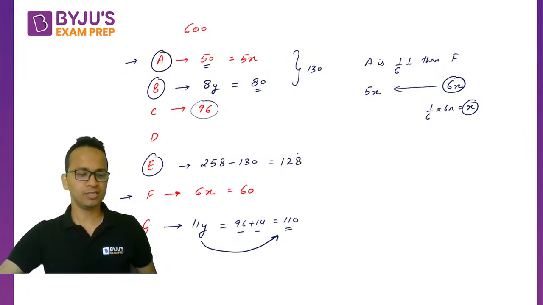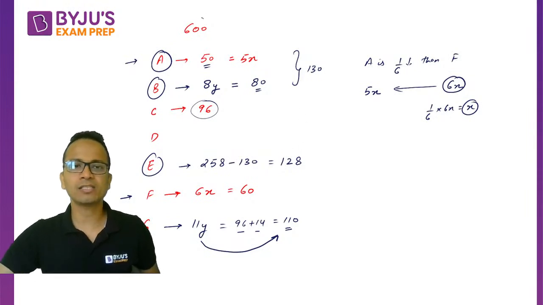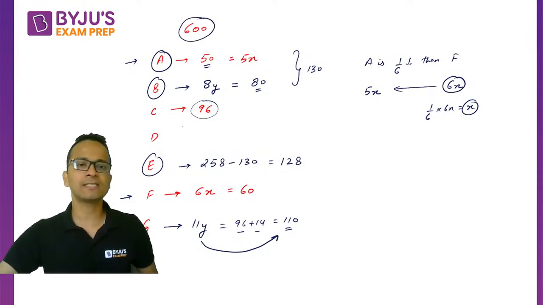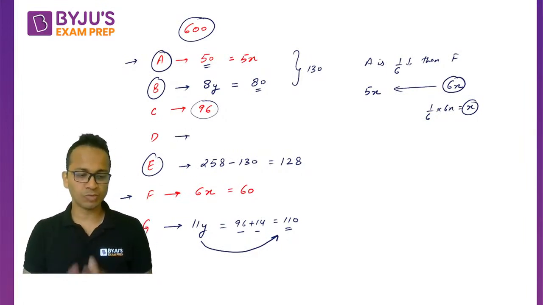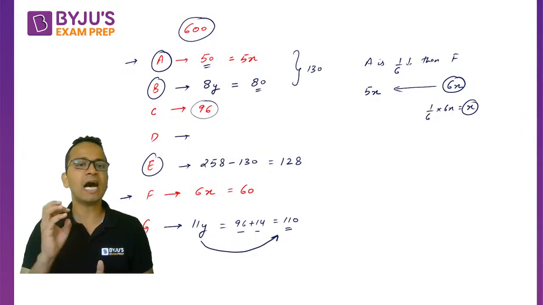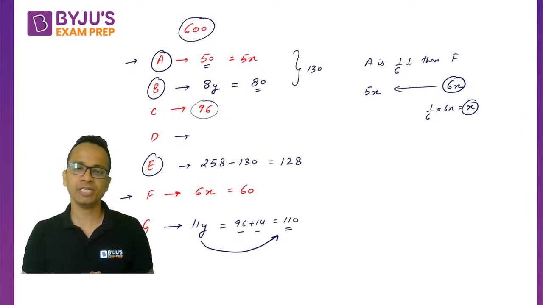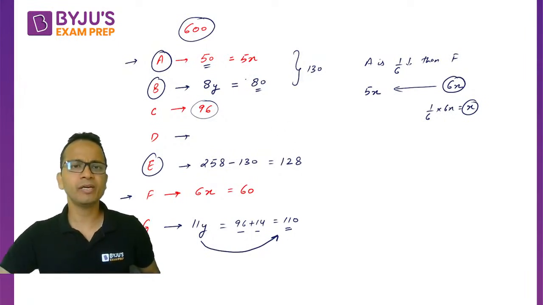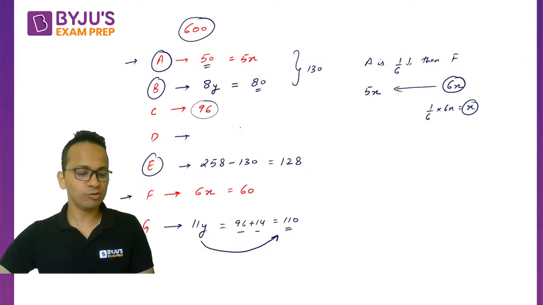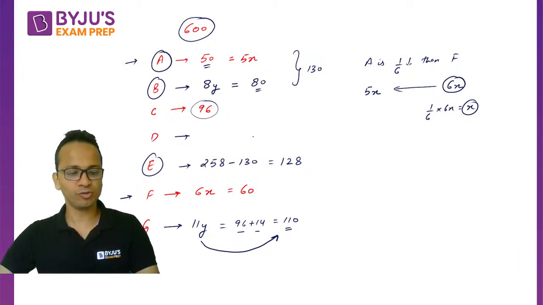All right. Now we also know that the sum of all these values is 600. So I already know the 6 values out of the 7 values. Since the sum is 600, I can calculate the value of D. Okay. So let's calculate the value of D. So can you all write the value of D as well? All of you, come on. So I'm waiting for all of you.